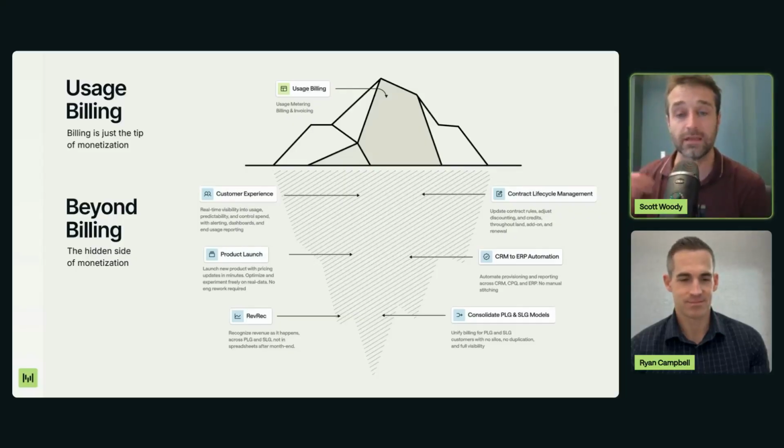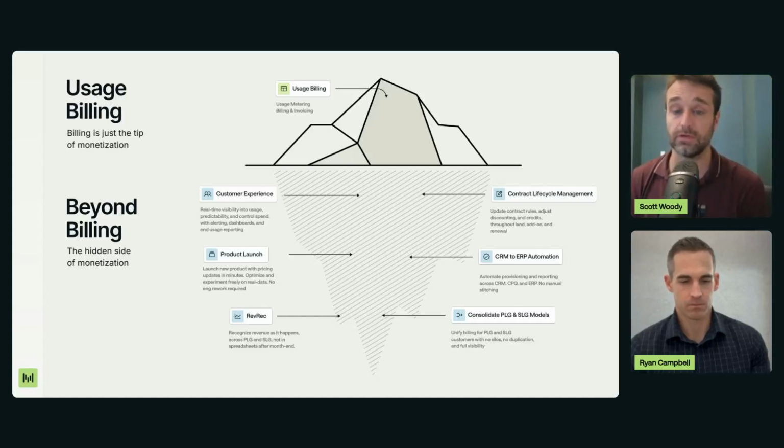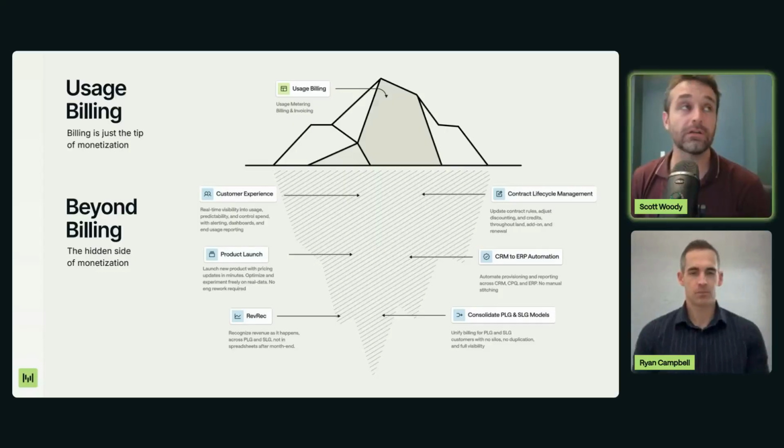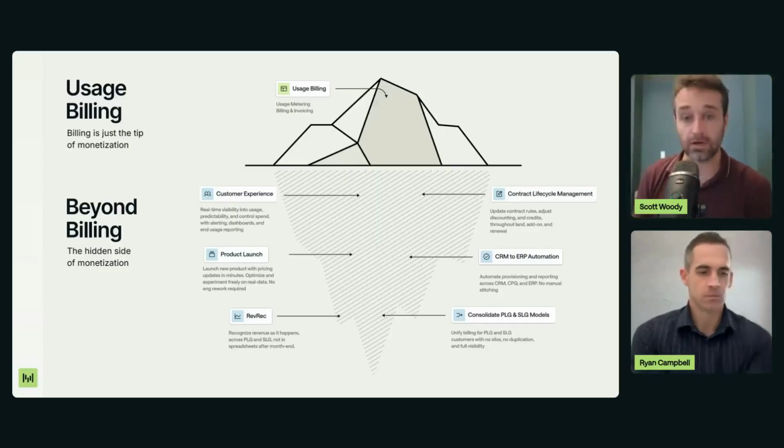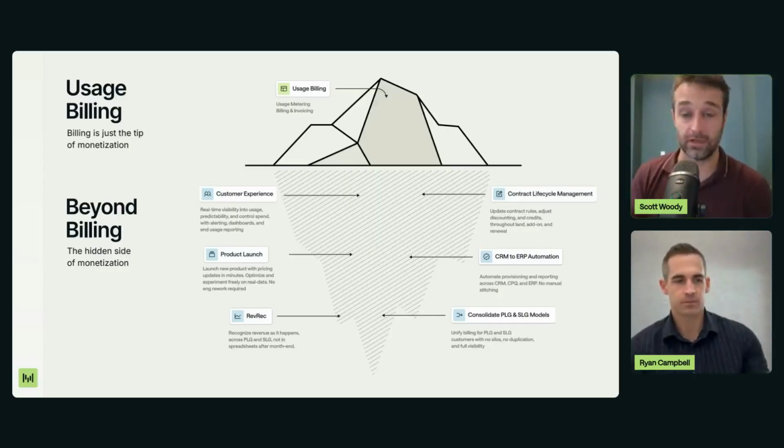that the way that you get to 200% NRR, the way that you get to that magical flywheel, is actually by focusing on all the things that are in the lower part of this diagram. Things like customer experience, things like how do you make it easy and frictionless to launch products without confusing users on pricing and packaging? How do you enable your RevRec teams or your finance teams to seamlessly recognize revenue without needing to go through contortions to understand exactly how much money they should recognize? All of that detail work is what makes usage really hard.